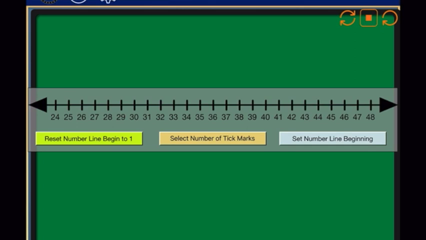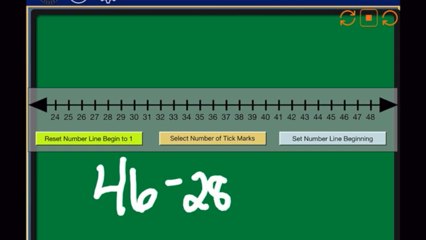The next one would be add ones to make a 10. So very similar concept to what we just did, but you can also go backwards or take away subtraction. So if I did 46 minus 28, at this point it becomes very similar to the addition piece. So 46 minus 28, I could do all my tens, and I know there are two